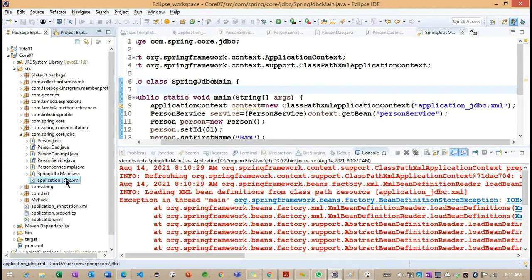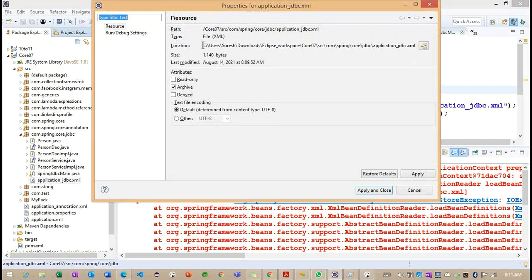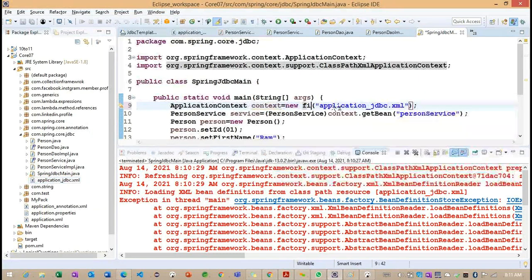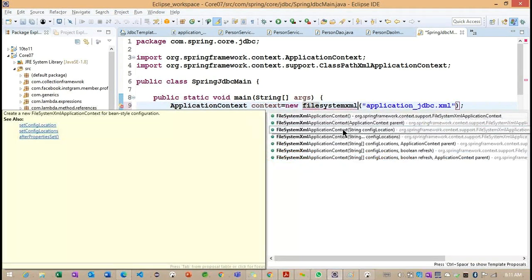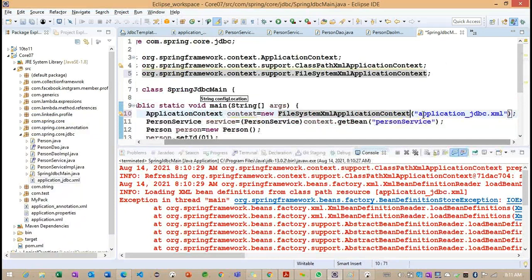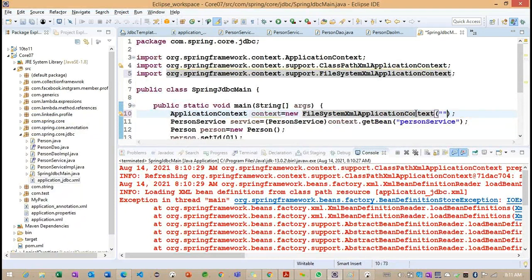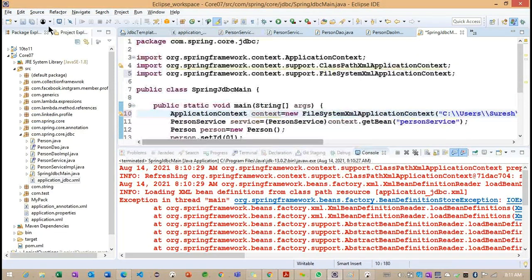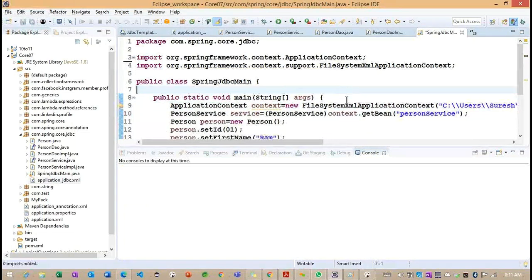But the problem here is that we created it inside the package. Instead of going for class path here, we can go for the file system XML application context. Let me run the same example here.